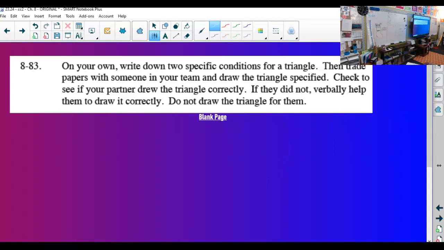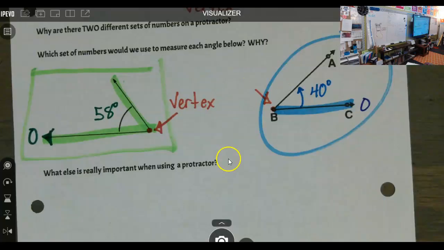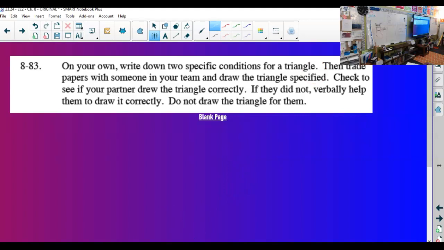How do I get back to my recording? Seriously, I can't get my little frame. There's my